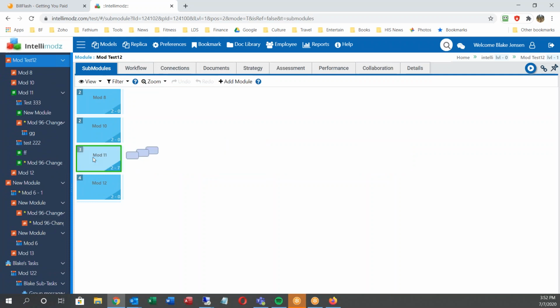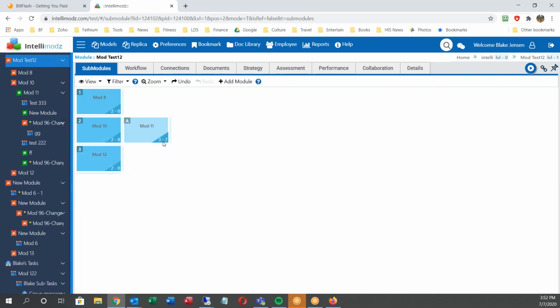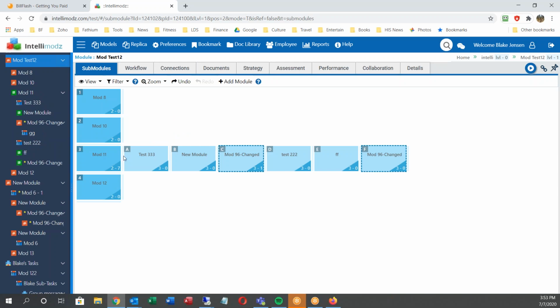But if I click on one, you can see that it moves all the submodules. And if I want to move this up, then I move module 11 up, and I have the 7 submodules underneath it. Now, if I want to move it back down, then I can, and at that point I can see all the submodules. So I can move modules around to reorder them,